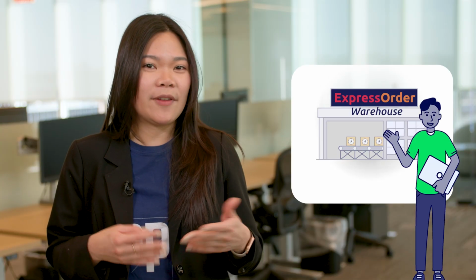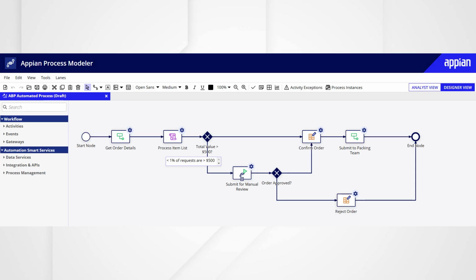Imagine you are a developer for Express Order Warehouse, a distribution company that runs order fulfillment centers. Congrats, welcome to the team. Let's get to work. The Express Order Warehouse processes millions of orders per day. 99% of those orders can be approved and processed automatically without human intervention. However, 1% of orders will be flagged based on the predefined rules and require a warehouse manager to review it